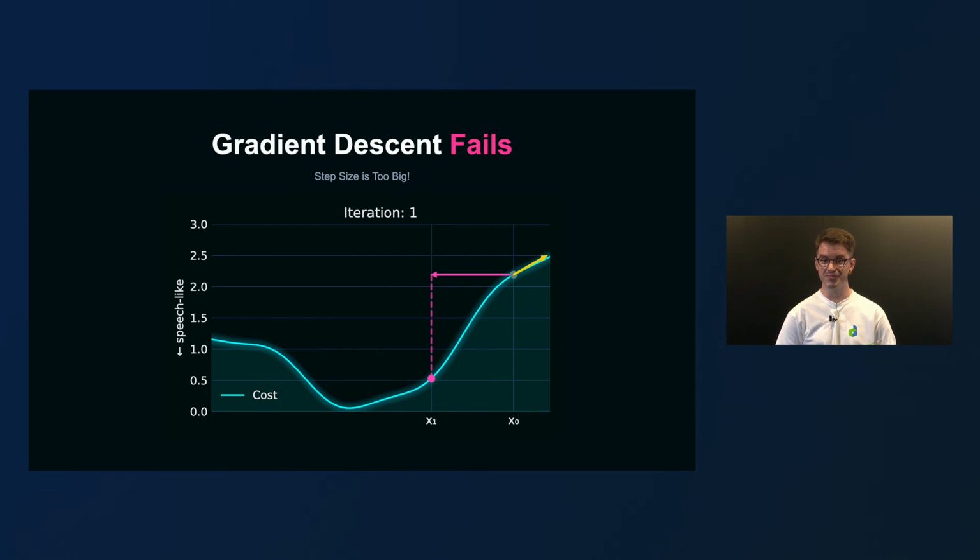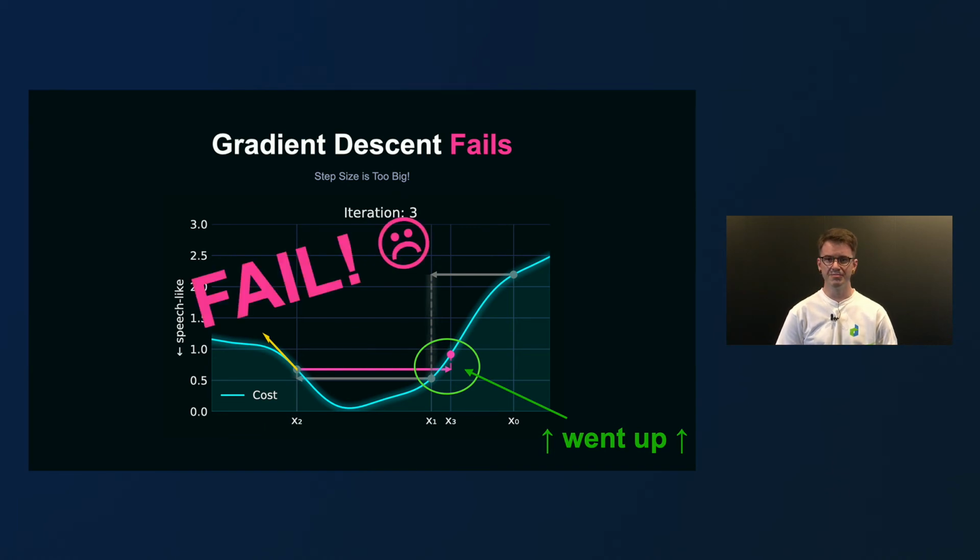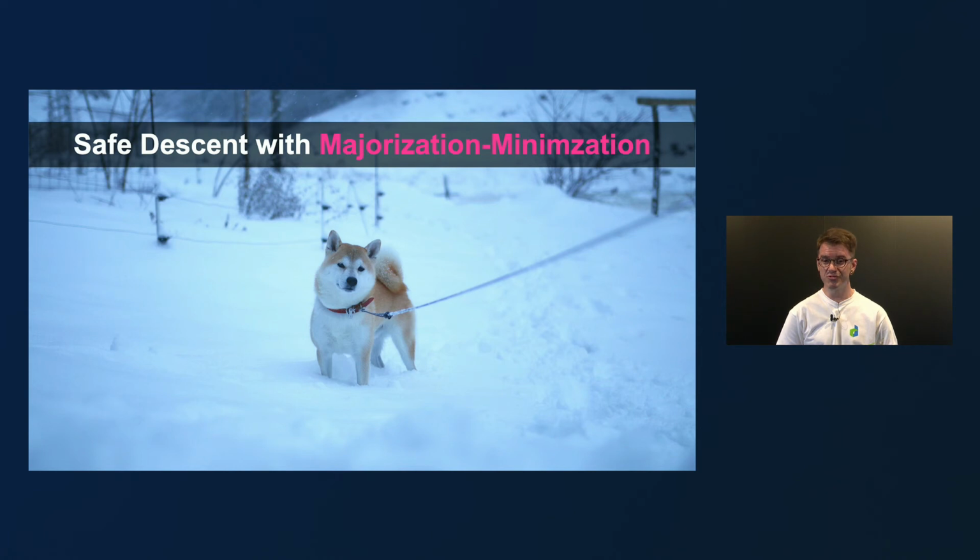And we see that indeed, we went lower than in the first trial. And then we take a second step. But then, oh, oops, we missed the minimum by a little. And then if we take a third step, we go backward and we go up a little bit. So in this case, the algorithm fails. It goes up. It doesn't go down anymore. So what we want to have is another algorithm that is safer to use. And the algorithm that we use is called